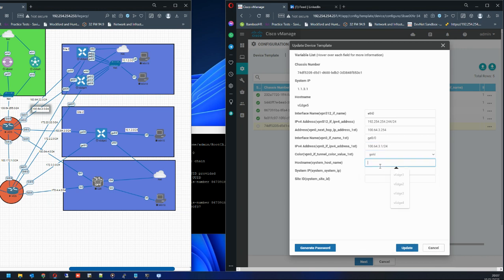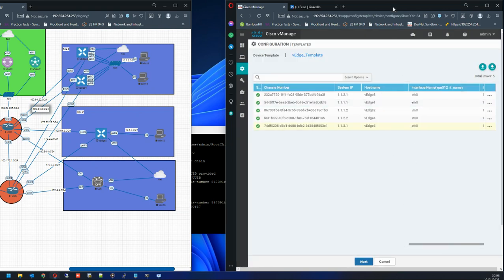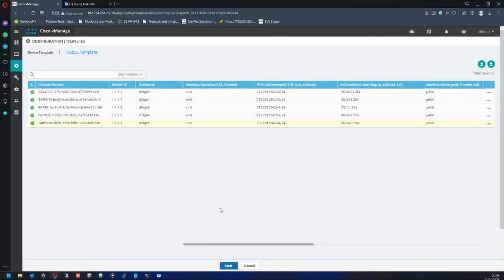Color is gold. The host name is VH5. System IP is 3.1. Site ID is site2. Update. If all goes well, when I click on next,